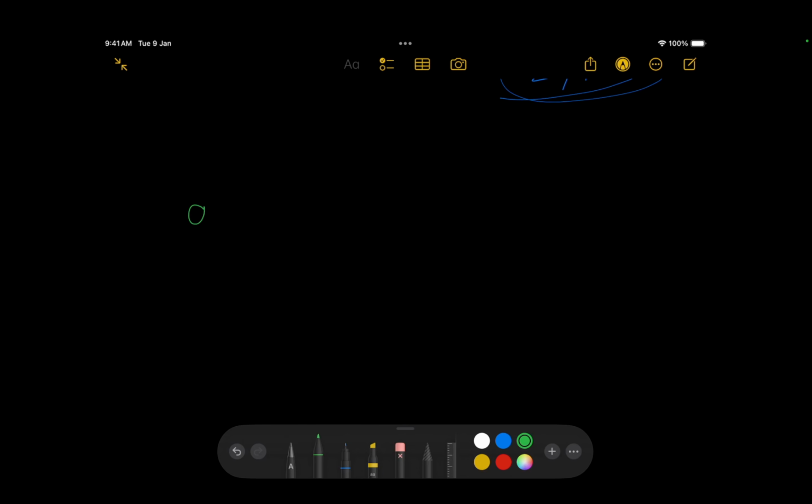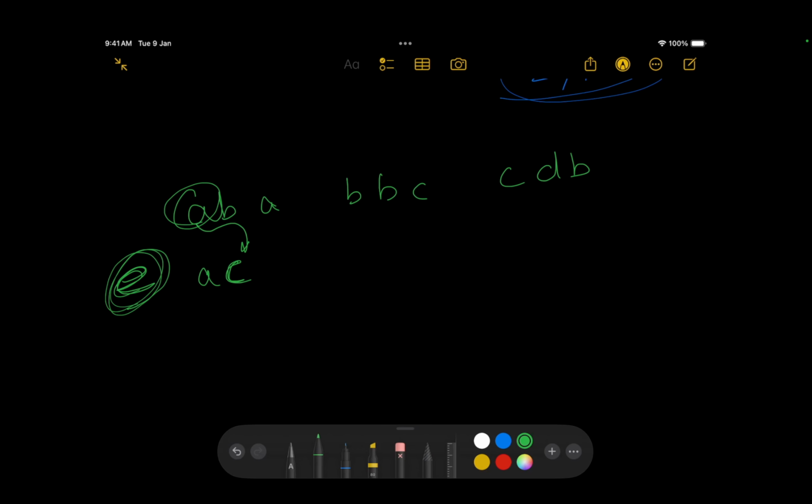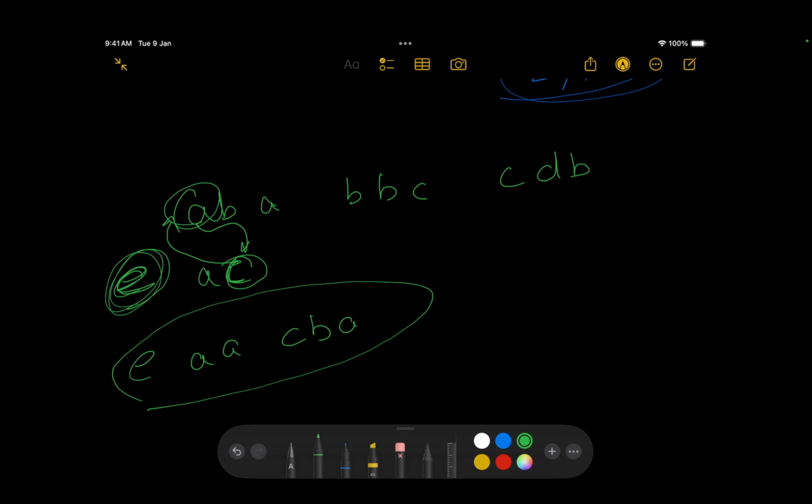So let's say we had a b a, we had a b b c, we have a c d b, anything of any sorts, or let's say even smaller words, we can have a e over here and then a c. So yes, this is already a palindrome, and then we can say that okay, we can take this a up over here, we can replace this with c. So this would become a, then a a, then c b a. But if you note what's happening, since we are able to make all the permutations, we can simply say